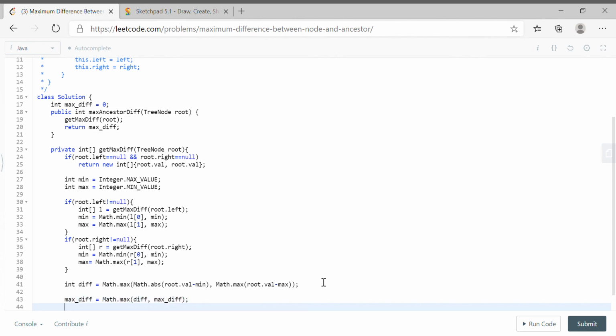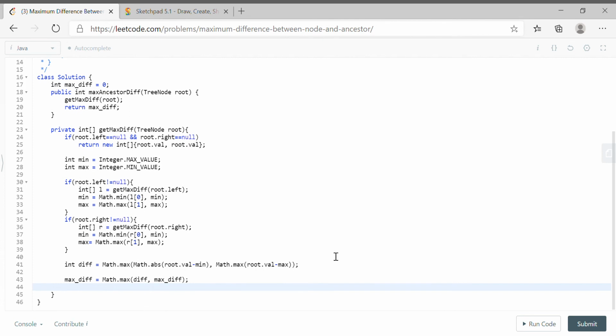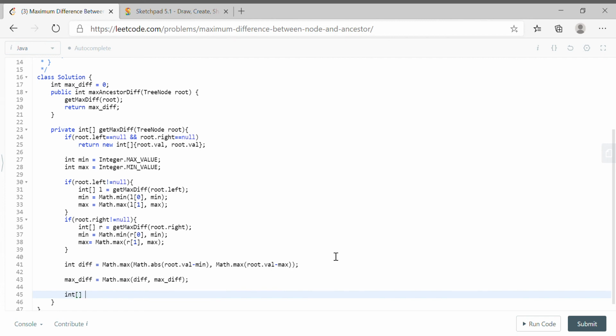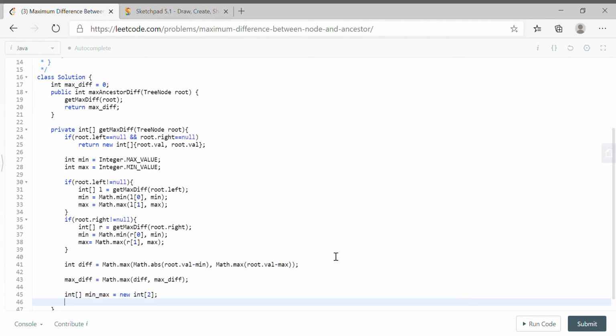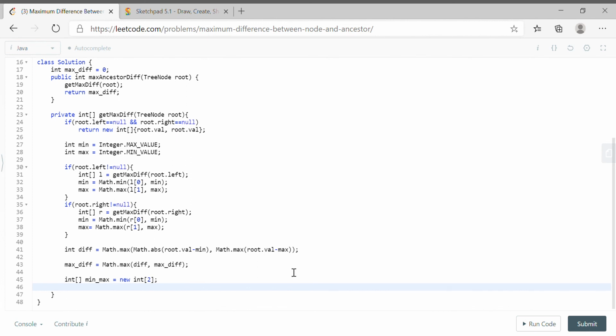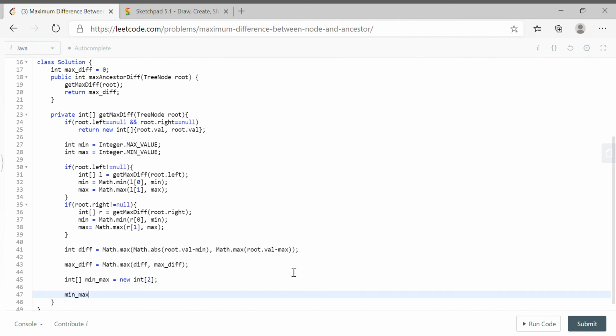Fine, now we need to return. We need to return to the parent what the max and min are, right? So for min and max, at index 0 we are putting the minimum value.